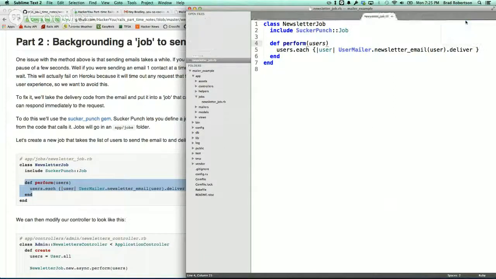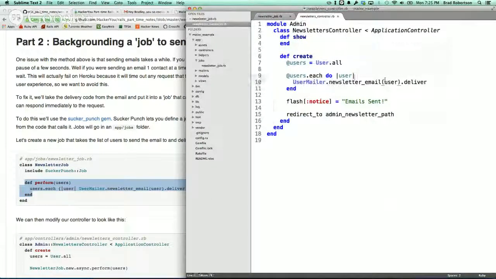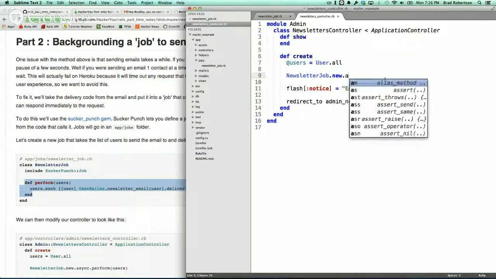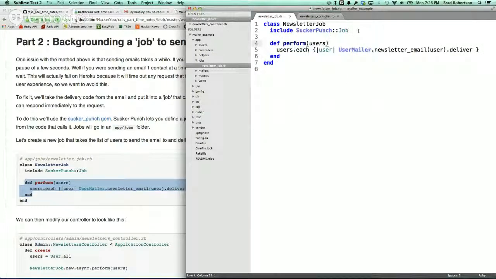So let's close the other files, and we'll go into our newsletter controller. So instead of this here, we can say NewsletterJob. Now, we're going to instantiate a new instance of it, and we're going to call this method called async.perform. And this async method is provided to you by this module that we included. So include SuckerPunch::Job. It actually adds